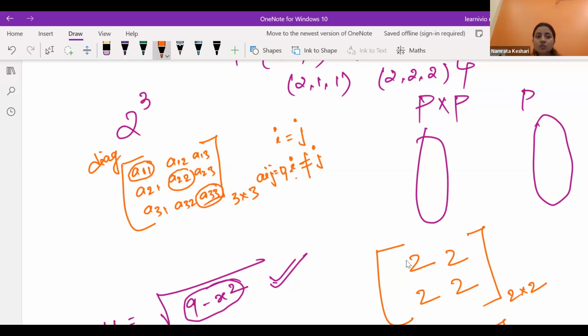Okay, so here 0, here 0, here 0, here 0, and 1, 2, 3 on the diagonal. Here 0, here 0, and here also 0. Got it? So except for this diagonal element, everything is 0. That's called a diagonal matrix. Here in your NCERT, even if it's a diagonal matrix, this is how the matrix